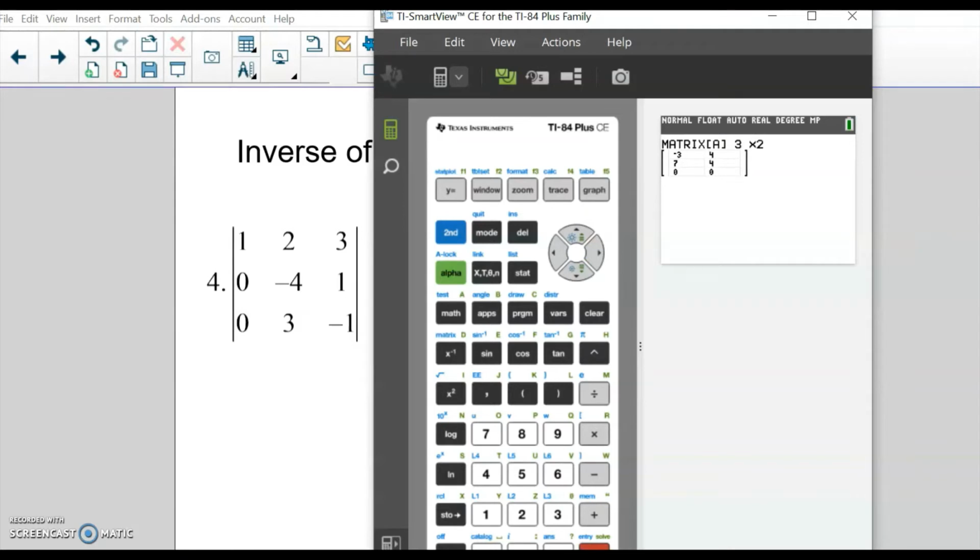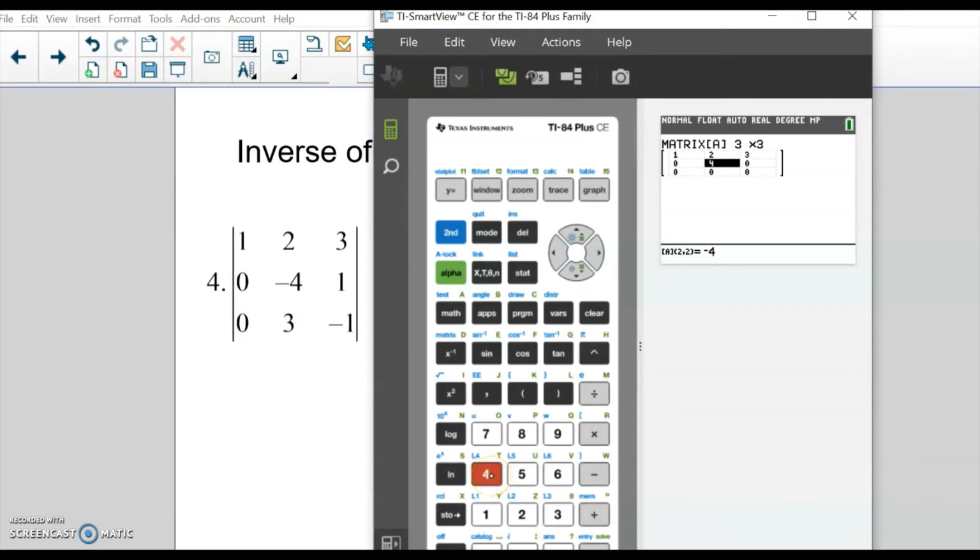Now I'm editing this matrix, so I get to choose the dimensions of it. So right now it's a 3 by 2. I'm going to change it to a 3 by 3 by hitting 3, enter, 3, enter. That gives me a matrix of 3 by 3 that I can go in and change the values. To change the values, you can simply overwrite them. Our first entry is 1. So if you tap 1 and hit enter, it will override the entry that's there. So we'll keep going. 2, enter, 3, enter, 0, enter,